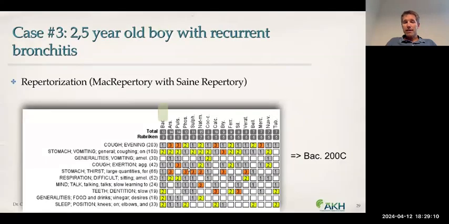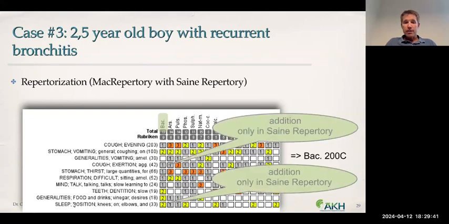That was my repertorization. Patient got bacillinum. I think we come back to that. You see, I took desire vinegar here. I should have taken desire pickles as well, which is a very typical bacillinum rubric and symptom, and which would have biased the repertorization even more towards bacillinum. I try to do it objectively, but that's a very big keynote of bacillinum, the desire for pickles. But of course, it has also desire for vinegar.